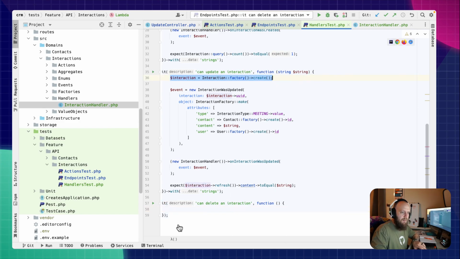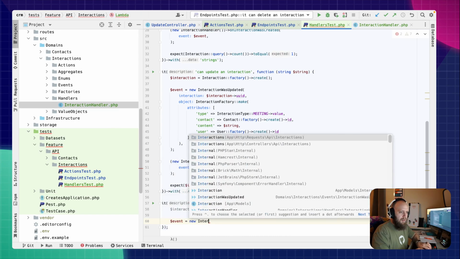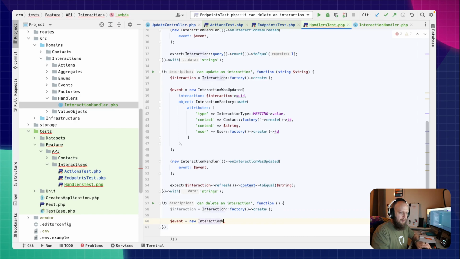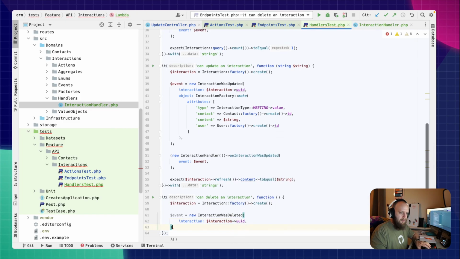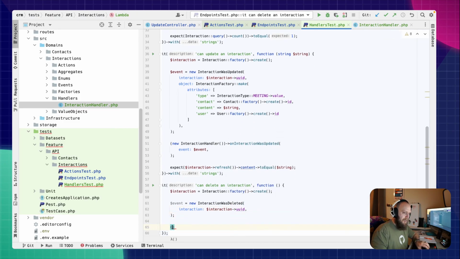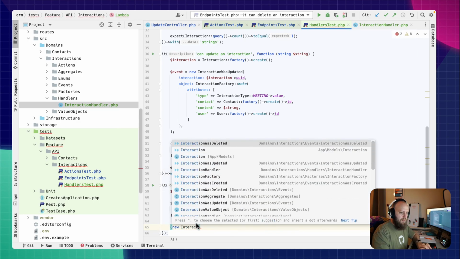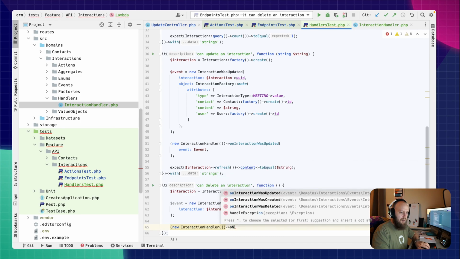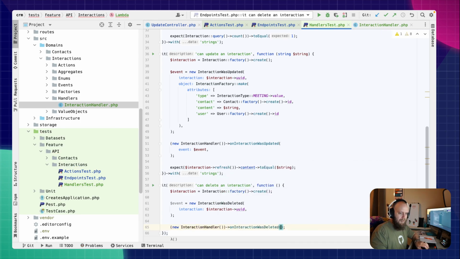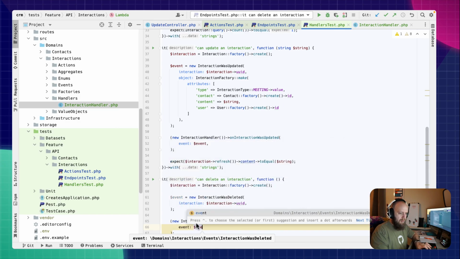So let's create an interaction. We can get its UUID. We can say that our event is a new interaction was deleted event. Simplify that one. The interaction is going to be interaction UUID, and then if we say on the new handler on interaction was deleted, the event was event,